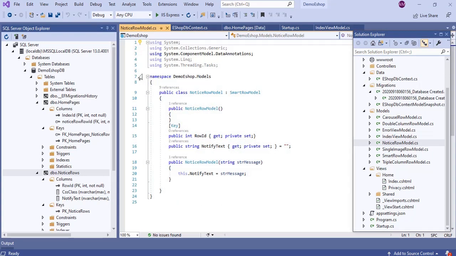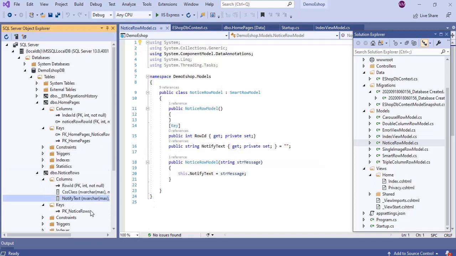We have already seen this in part 2 of this video, but since we are going to save this into the database, I'll just explore the properties of it. Okay, it has only one row ID property. Again, it is a primary key. We specified key here only because if you don't specify anything here, then EF Core will automatically create a column called ID, and make that the primary key. We don't want that to happen, so we have created the row ID here, and public string notify text. So this also becomes a column here.